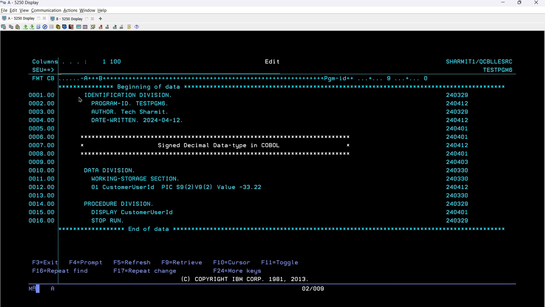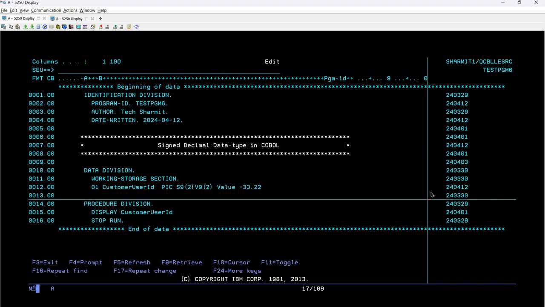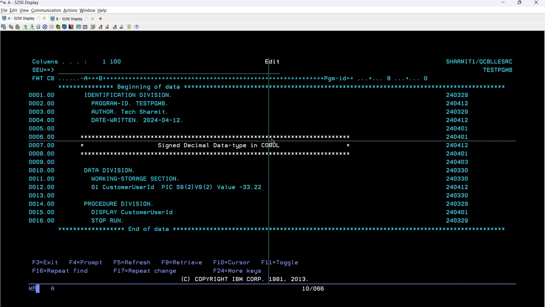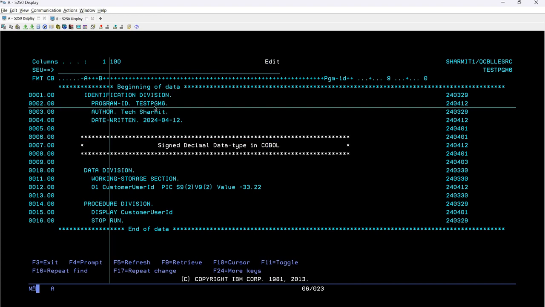So yeah, this is the shortest program you can say for explaining the signed decimal data type in Cobol. So first of all, we are supposed to declare the identification division. Those who don't know what the identification division is, it is a division which provides the identity related information for the program. Clear? So here you can see we have program ID, then we have